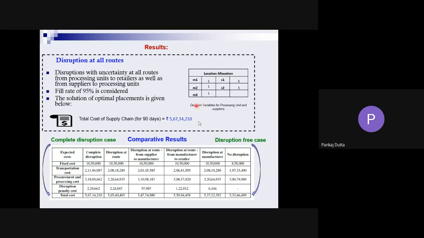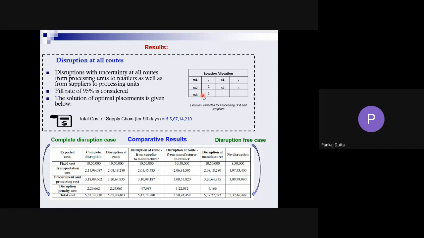But if you take different cases, you might see that in general only two manufacturing plants are sufficient, and the third plant is not required. But whenever all routes are uncertain, everything is uncertain, it is better to keep your third plant open too. You might not use the entire capacity of the plant, but you use it so that you can minimize your